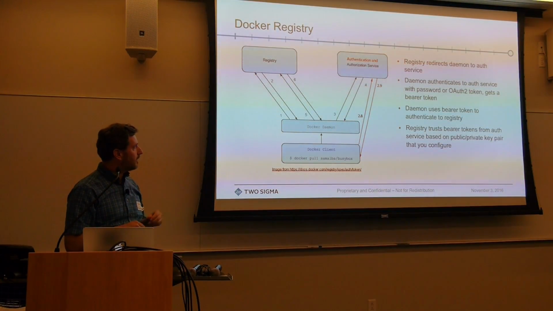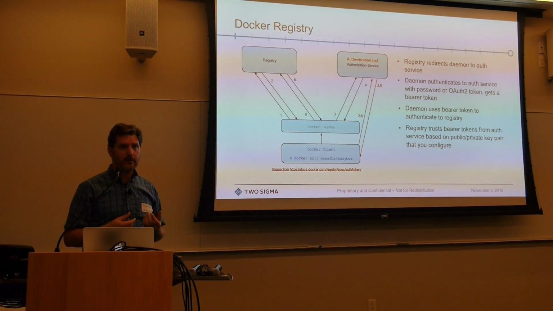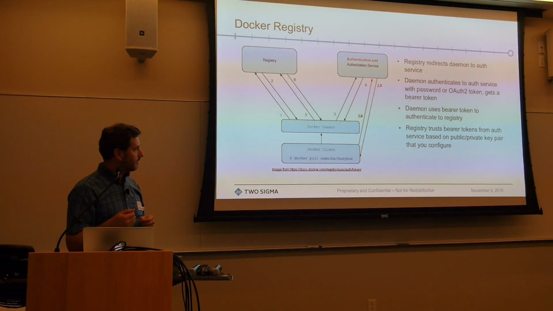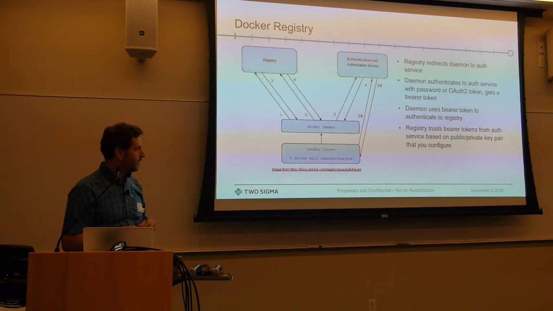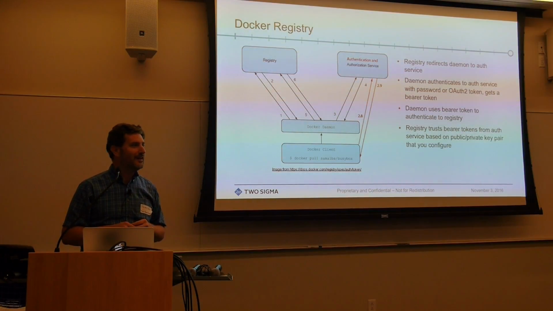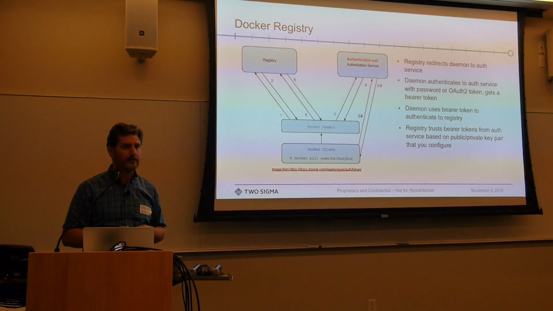I kind of alluded to this, but the daemon supports password authentication. In my case, I want Kerberos. Well, I control the auth service, and through some mechanisms I'll talk about in a little bit, I control the client. And so I can inject a couple of extra steps. I call them 2.8 and 2.9 here, where I can reach out to the auth service using whatever protocol I want. In my case, I did it with HTTP, but HTTP with Kerberos authentication. I reach out and get a password,